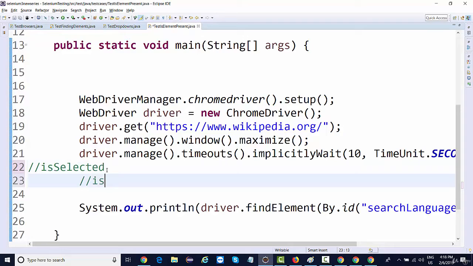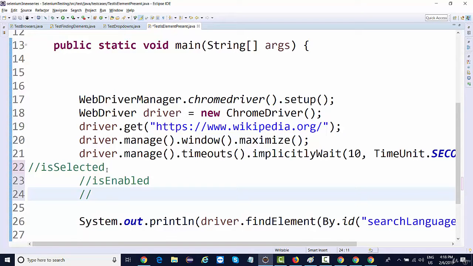Is enabled checks whether the element is enabled or disabled, and is displayed checks the visibility of an element. But how to check the presence? There is no method in WebDriver through which you can check the presence of an element.